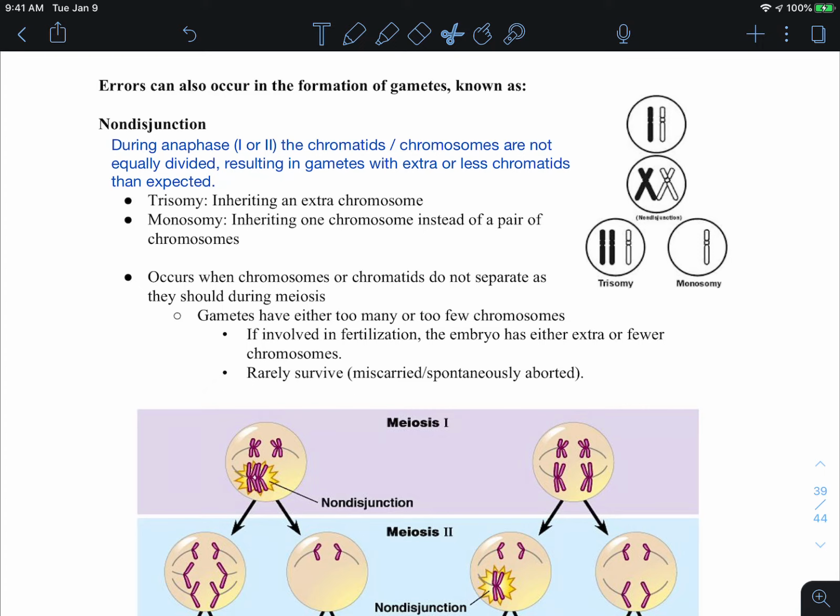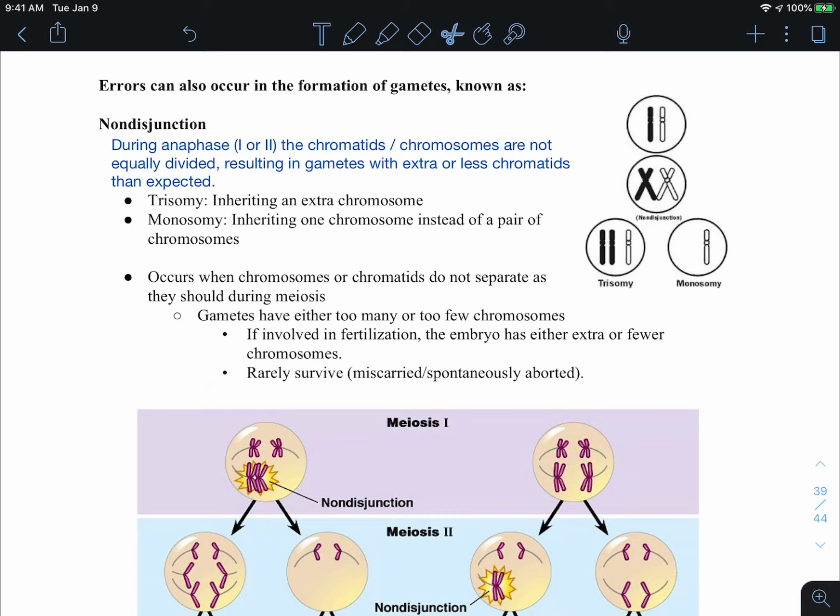Hello everyone. Today we are going to talk about non-disjunction and its effects on individuals who carry these genotypes. So a non-disjunction is simply a case where during anaphase, either anaphase 1 or 2, the chromatids are not separated. And because the chromatids don't get separated, this results in gametes with extra or fewer chromatids or chromosomes than there